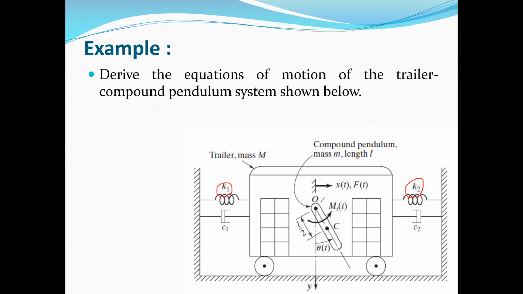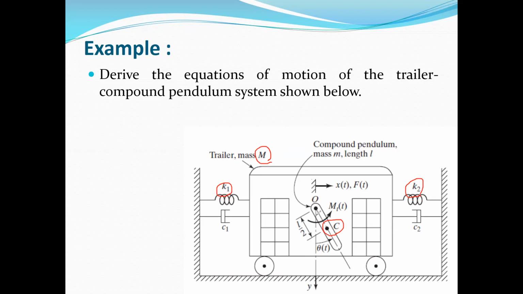For the kinetic energy, we have one trailer with mass m, which has only a translational motion with velocity x dot. So the kinetic energy will include 2 terms. One is due to the mass of the trailer, this uppercase mass M, and the other one is due to the rotation of this pendulum. This pendulum has